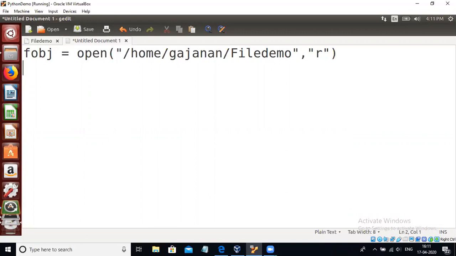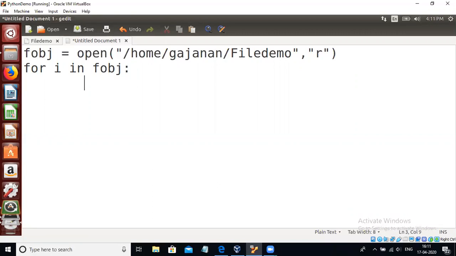The syntax of the for loop is: for is a keyword, then any variable name, the in operator, and then you have to take the contents from your file. The content is stored in the fobj object, and therefore we will take the contents from fobj. So here we write for a in fobj colon. The body of the for loop starts from here.